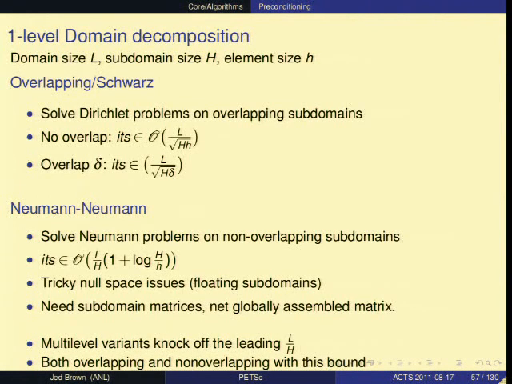There are methods based on Neumann problems. For these you need unassembled matrices, or where just the local part of the matrix is assembled, to have these Neumann problems. And they typically have slightly different estimates. There are exotic versions of Schwarz that have estimates that look more like this. The important thing is you can take off this leading factor of L over H if you do a multi-level method. And so the number of iterations then becomes this logarithmic term, relative to an easier to satisfy ratio.